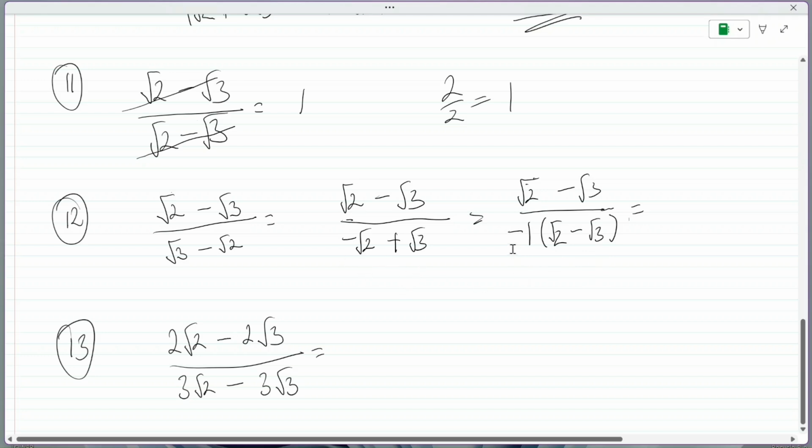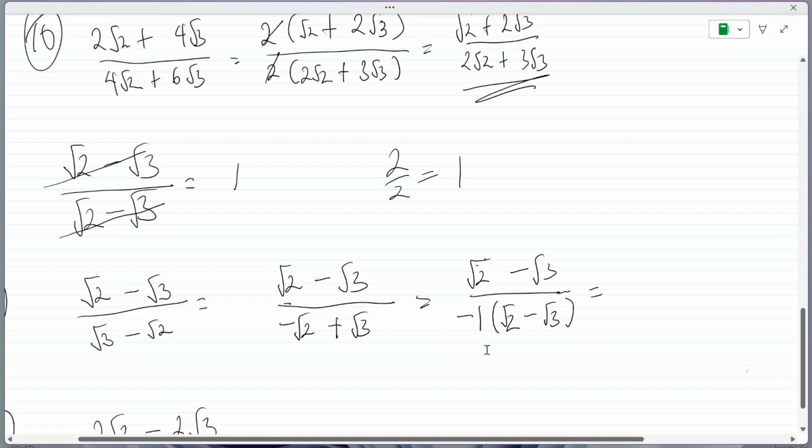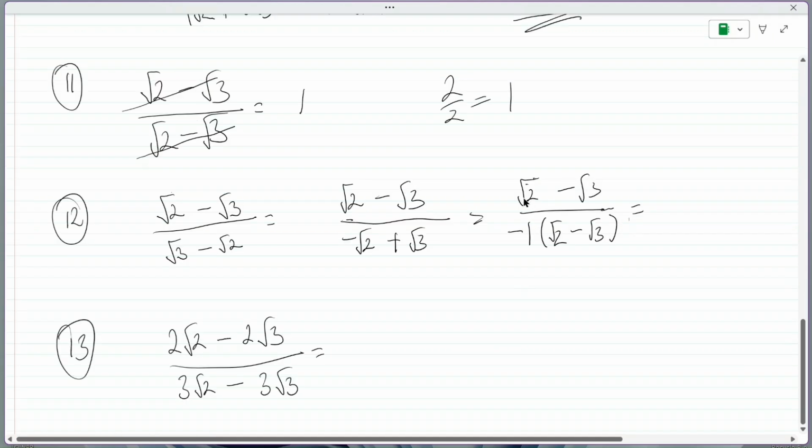So you brought out minus 1 to make them the same. Here you have plus root 2. Below 2 you have plus root 2. You have minus root 3. You have minus root 3 behind. Since the minus 1 is linked to the surds at the denominator by times, and since this is same as